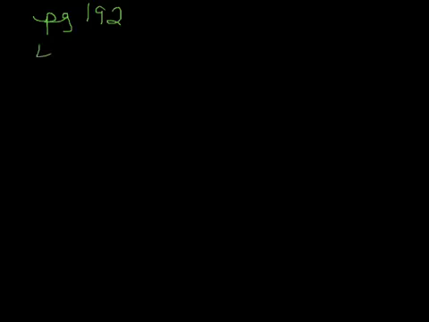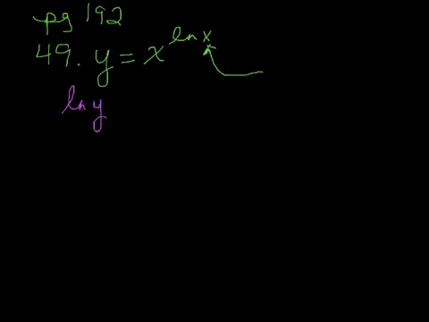Alright, so here's 49. It says y equals x to the natural log of x power. Okay, so what we have is an expression where we have a variable in our exponent. And this is not e to the x, it's x to this thing with a variable. Okay, so we have to do the little funky natural log thing. So we get the natural log of y equals the natural log of x to the natural log of x